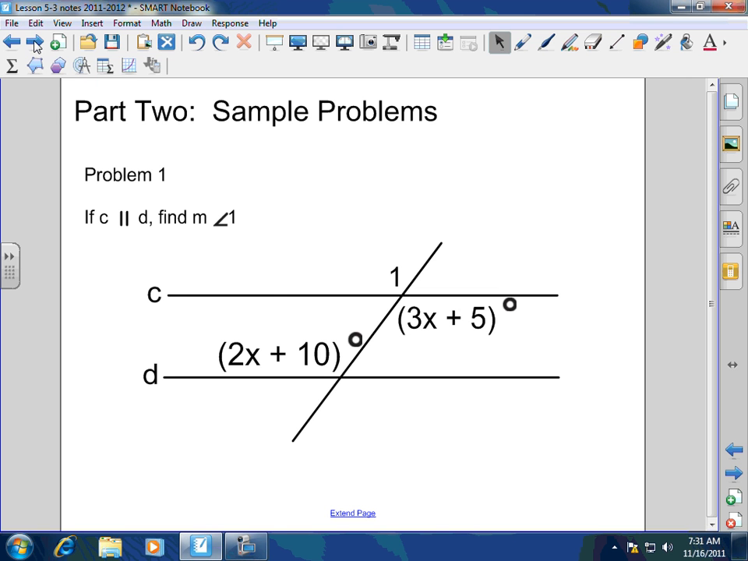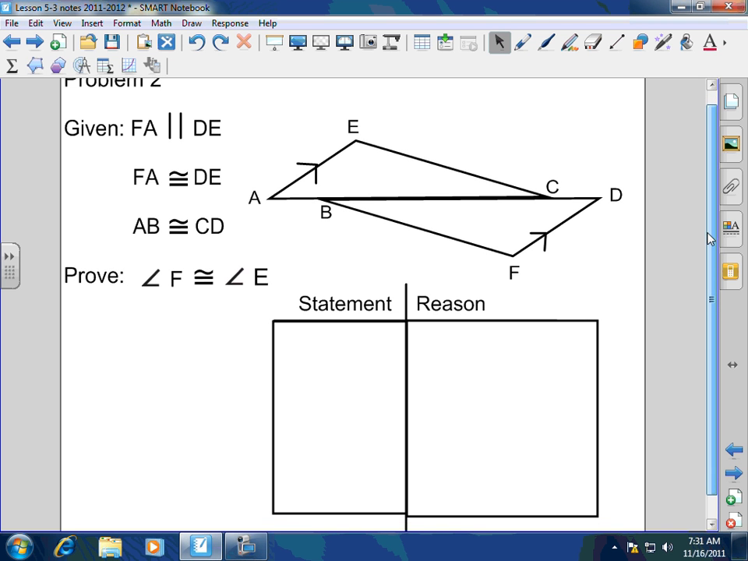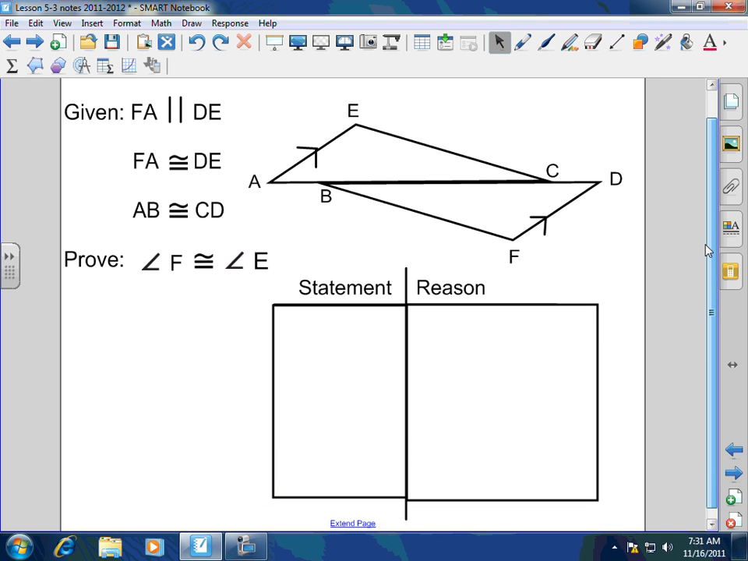Okay, next. Number 2. Let's look at the givens here. Let's look at the figure. We're trying to prove that angle E is congruent to angle F. We want to prove that these two guys are congruent. We got a lot of tools in our shed, so let's use them. Okay, first of all, of course,